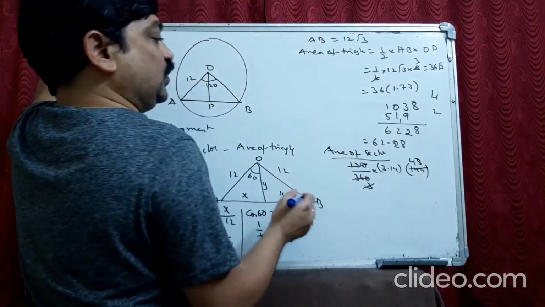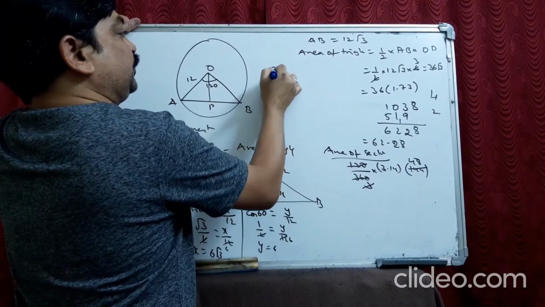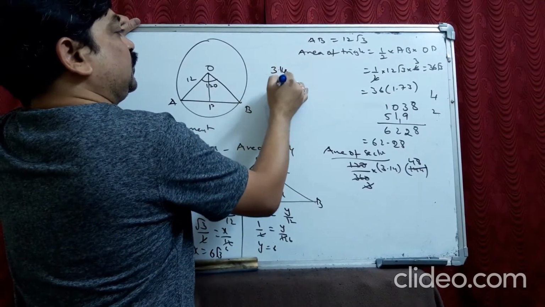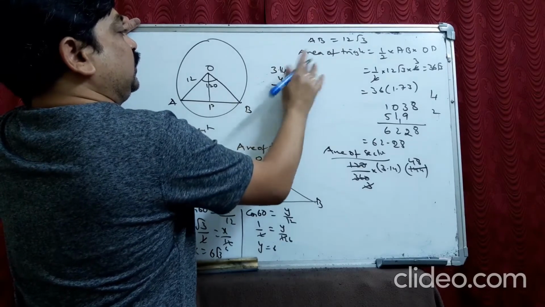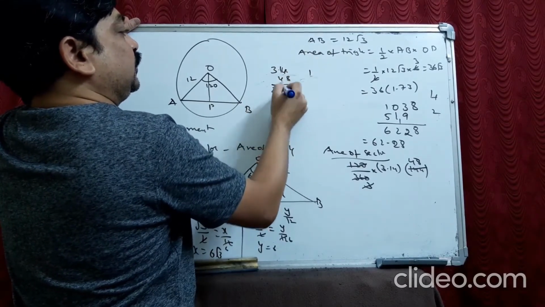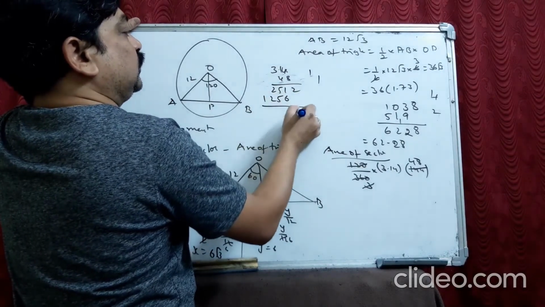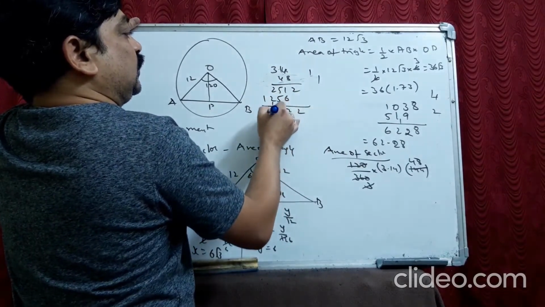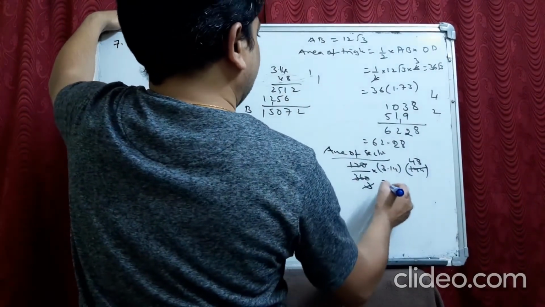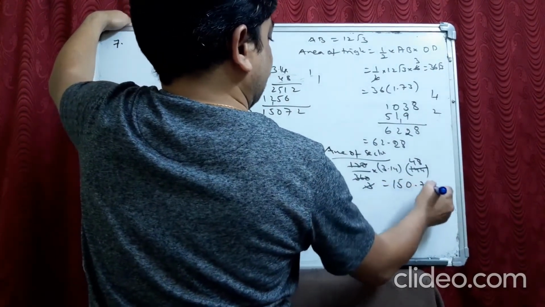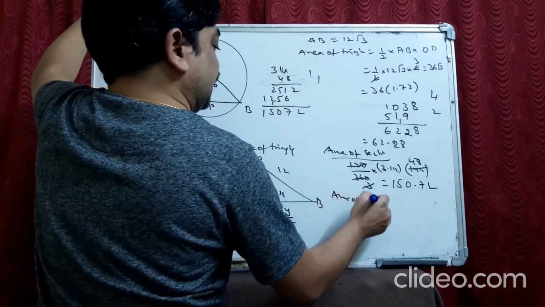Now 48 into 3.14 becomes 150.72. Now the area of the required region, the area of the segment, is equal to